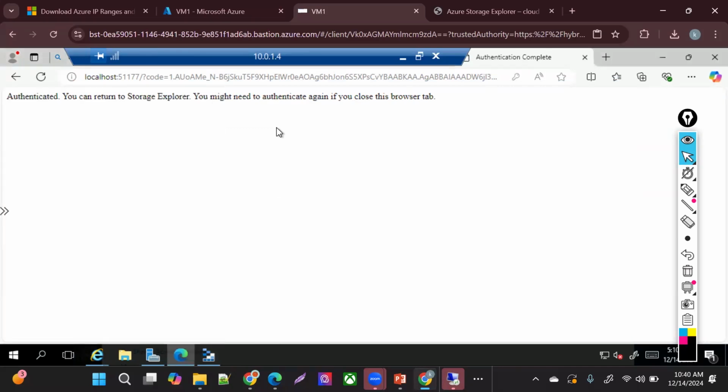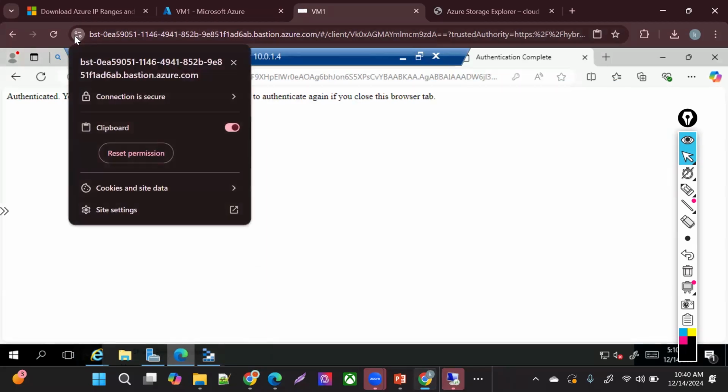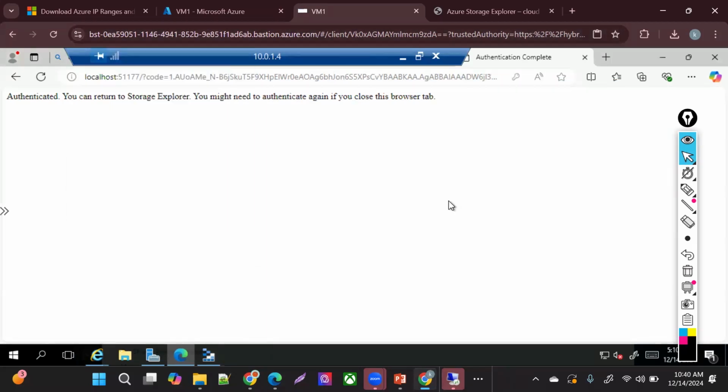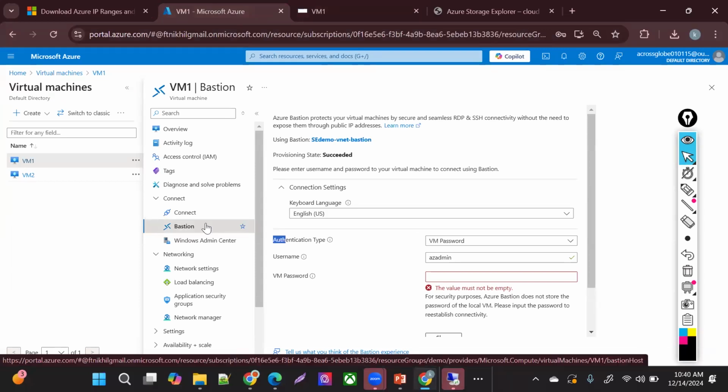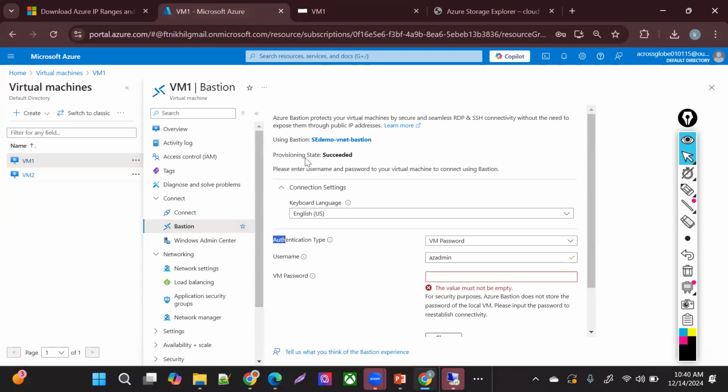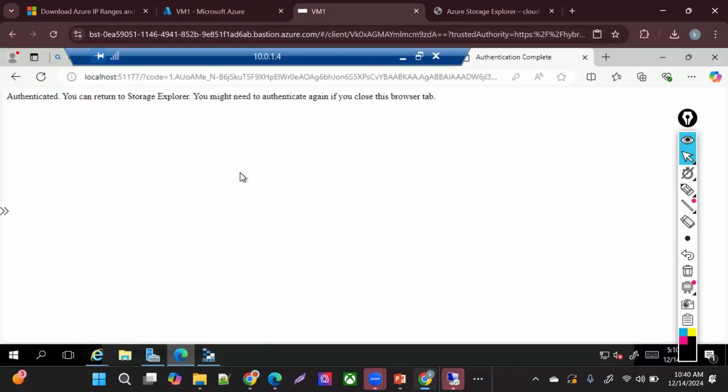But yeah, it's very secure. It's an encrypted session you're doing here, right? And you're not putting any public password or public thing. You're avoiding that public exposure there. So you just click on deploy Bastion. Bastion server gets deployed, and then you will be able to access your VM without public exposure. Okay. Disconnected. Very simple to disconnect.